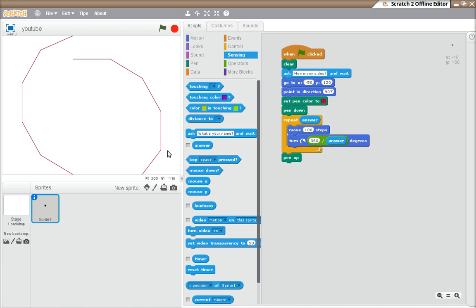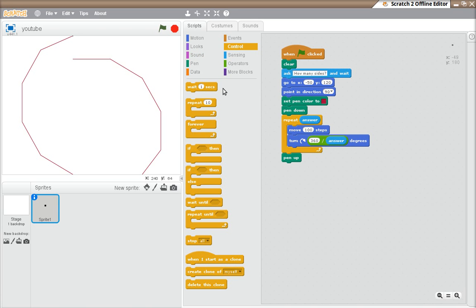So we've got one of two choices. If we want to make large size polygons, then we're going to have to start playing with the move and the position that we start in. It gets a little bit more complicated. The other way we can get around this at the moment is restrict the number of sides that you're going to allow. So the way we do that is we can put an if statement or an if else statement